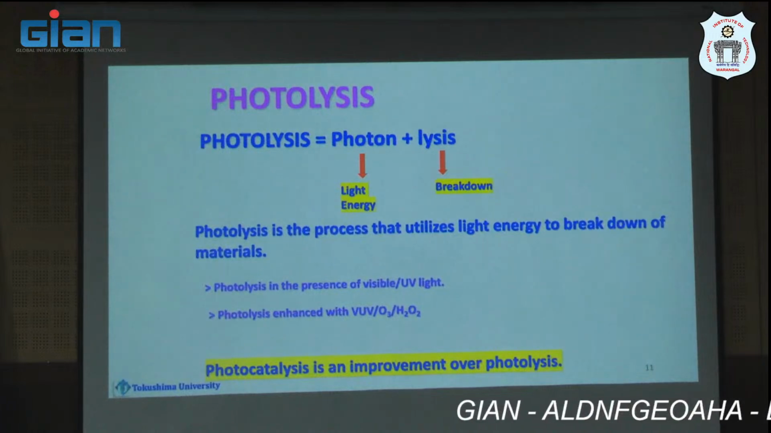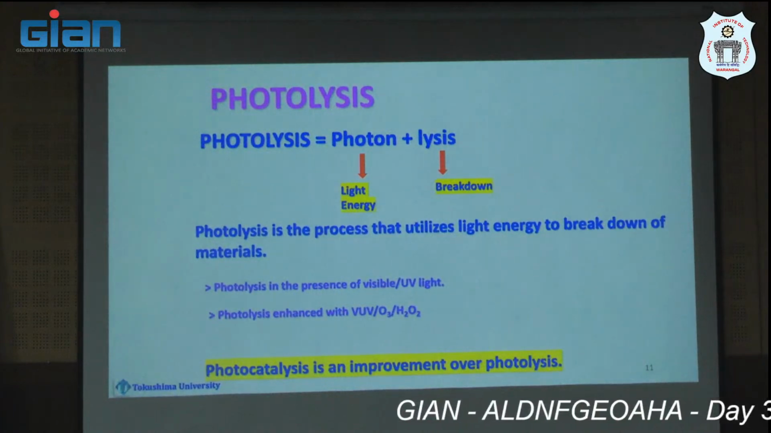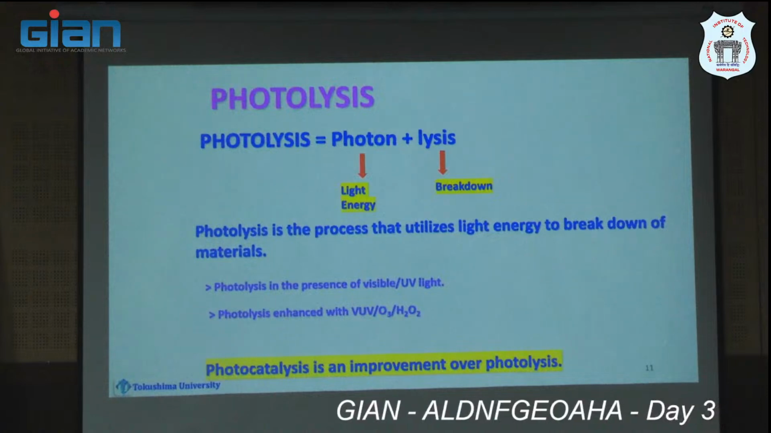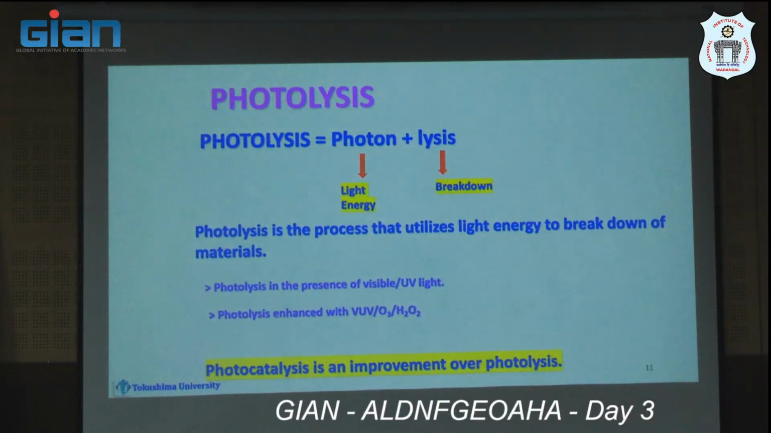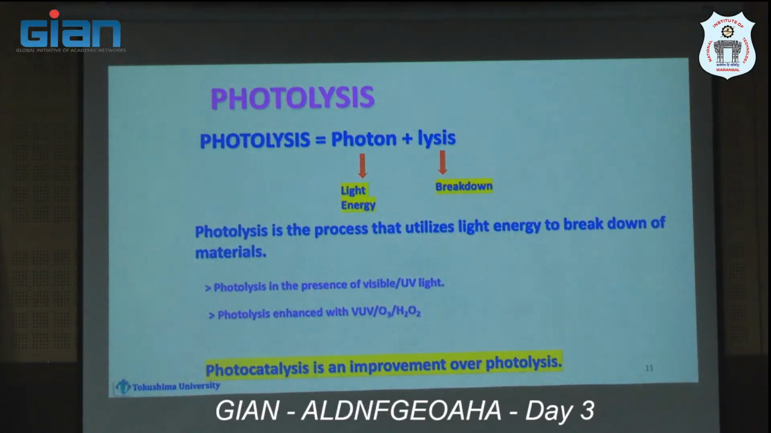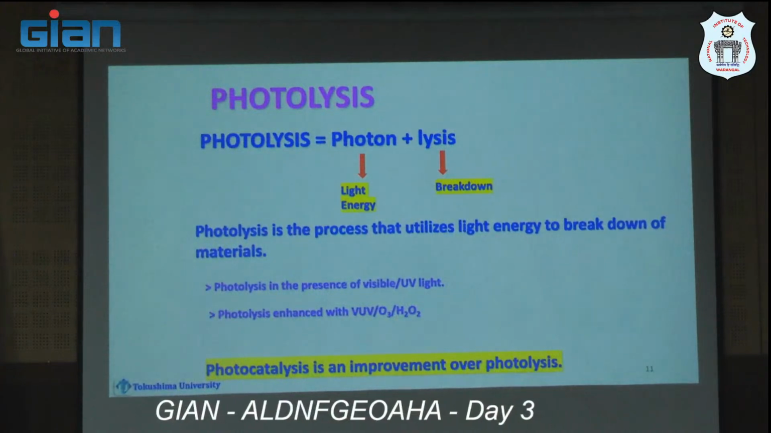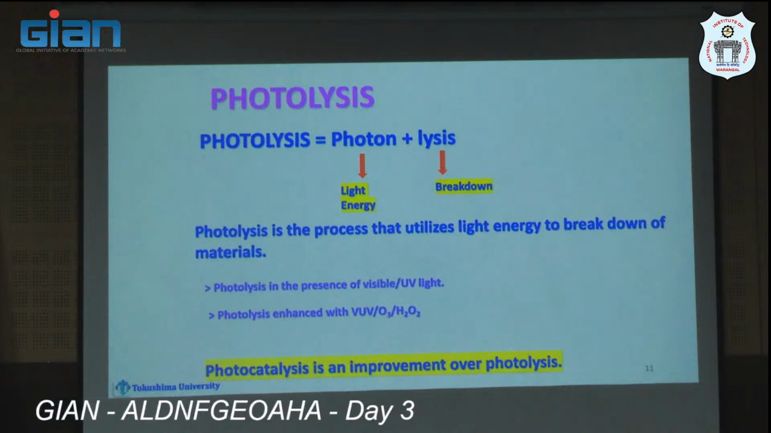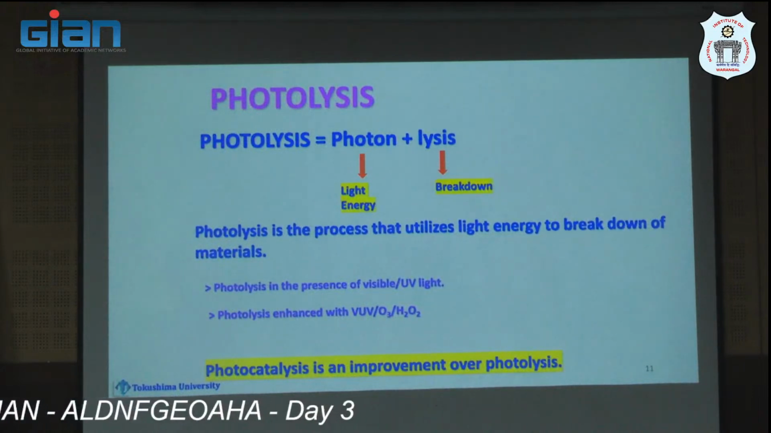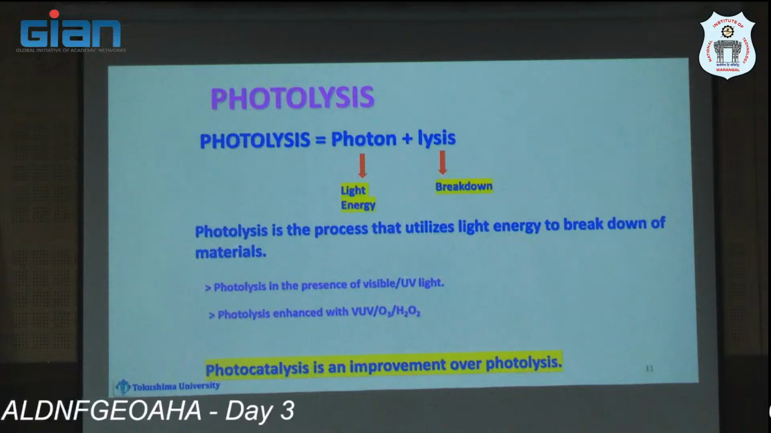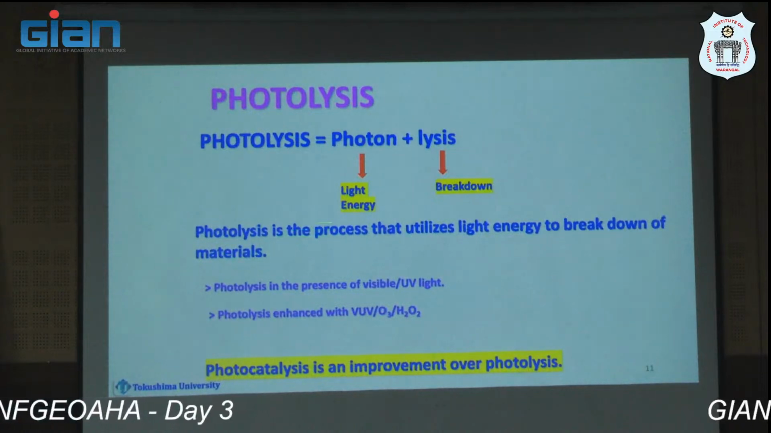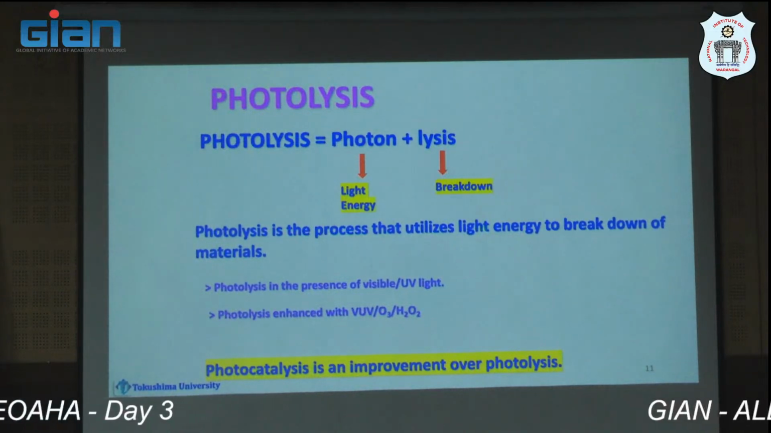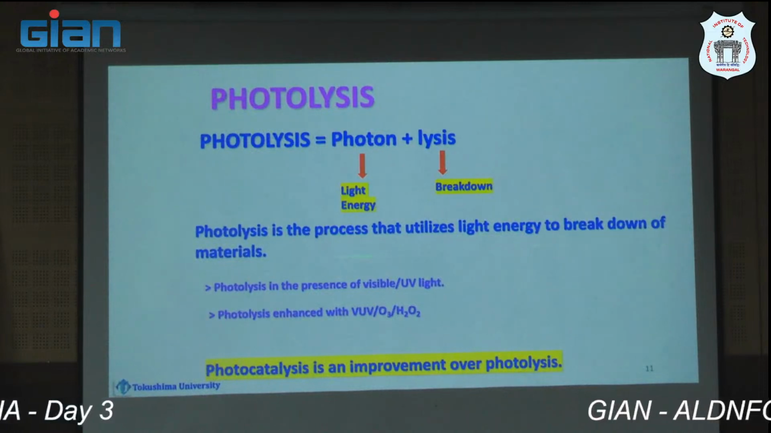You break down something: electrolysis, where electricity is used to break down the material. Photolysis, you use photon, light, to break down the material. So this is the basic term. Now you understand what photolysis is: the process that uses light energy to break down